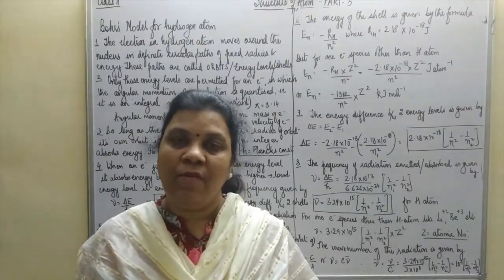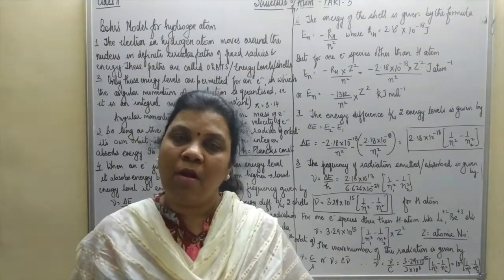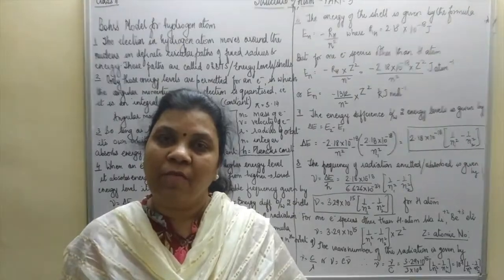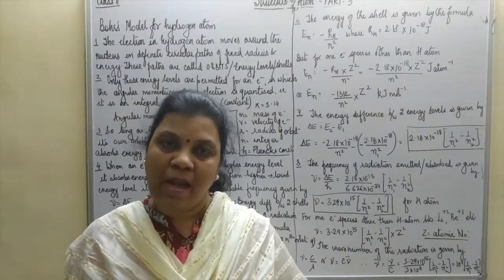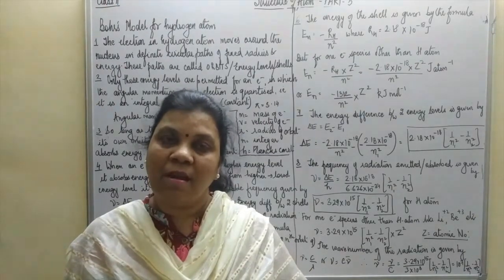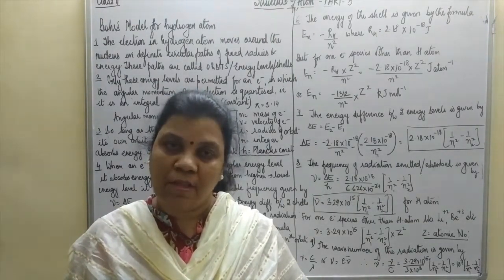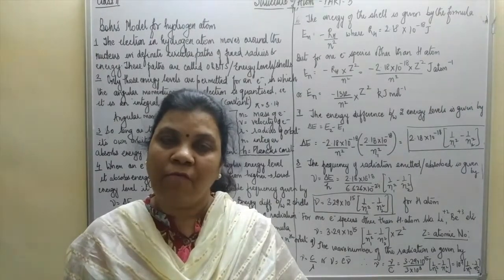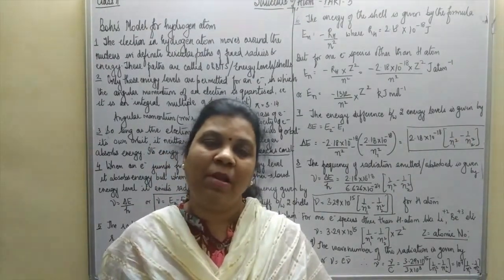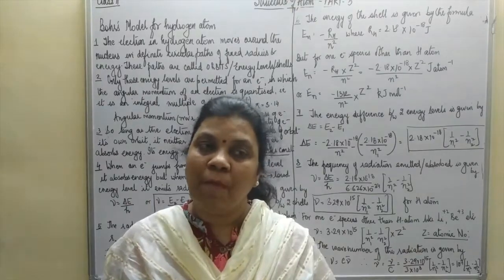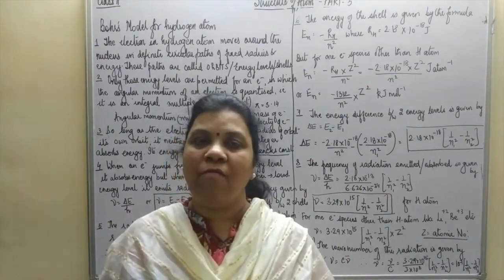In this video lecture, we will be proceeding towards the next topic, and that is Bohr's atomic model for hydrogen atom. What are the various significances of Bohr's atomic model? We had already discussed earlier the two atomic models given by J.J. Thomson and Rutherford. The major drawback of Rutherford's atomic model, as we discussed earlier, was that it could not explain the stability of the atom. That was overcome by Niels Bohr's atomic model, so let us now study Bohr's model of hydrogen atom.